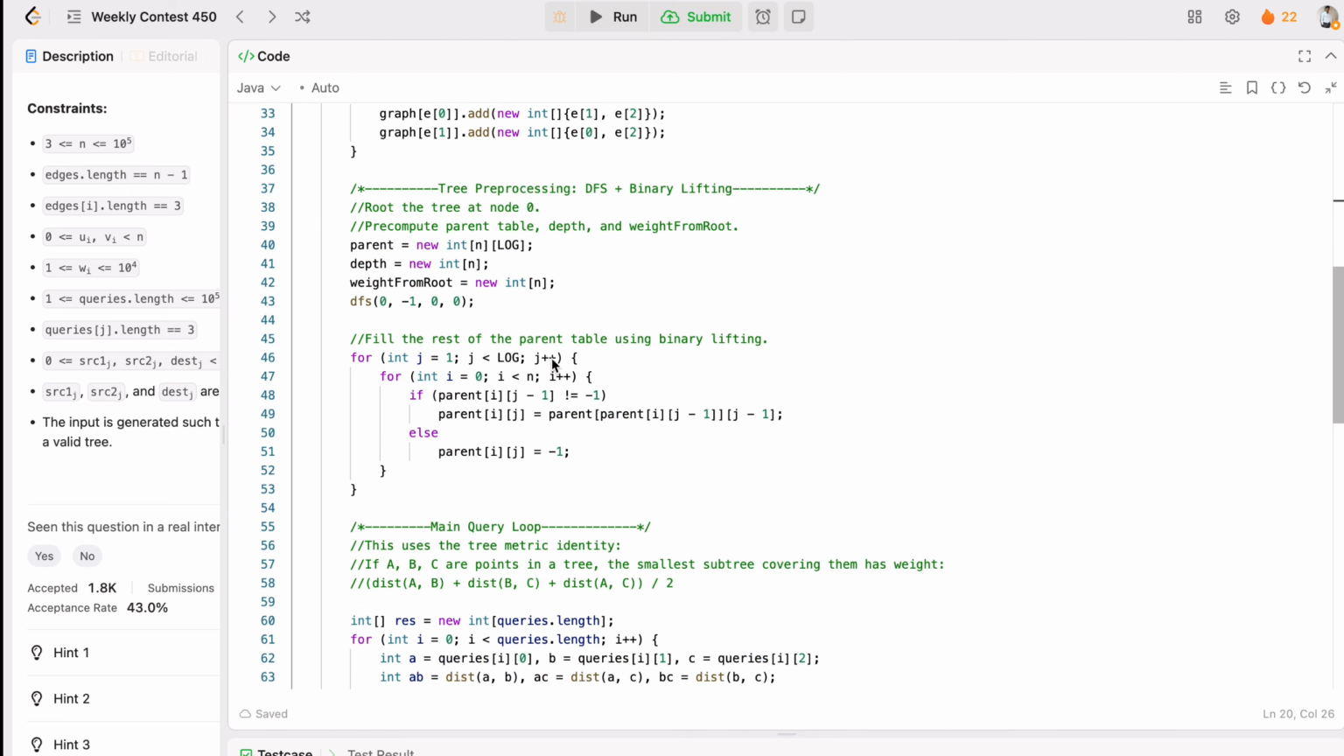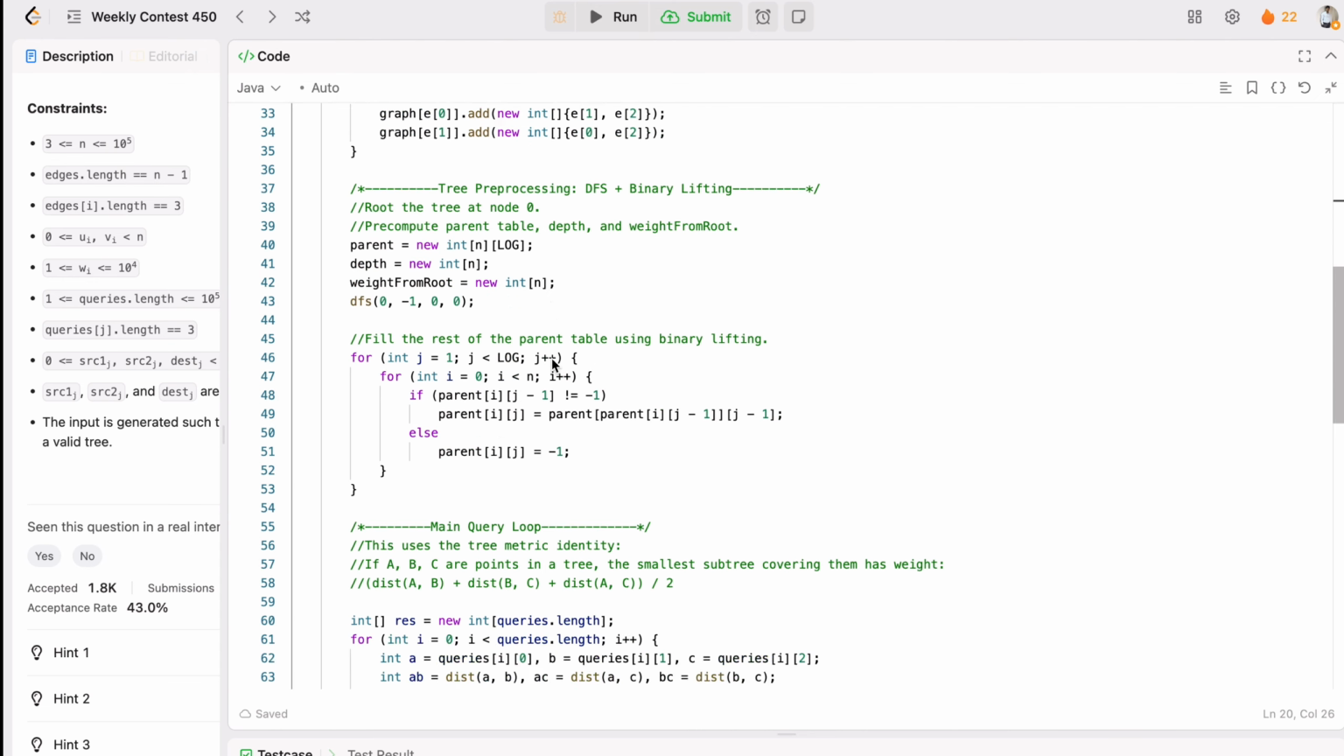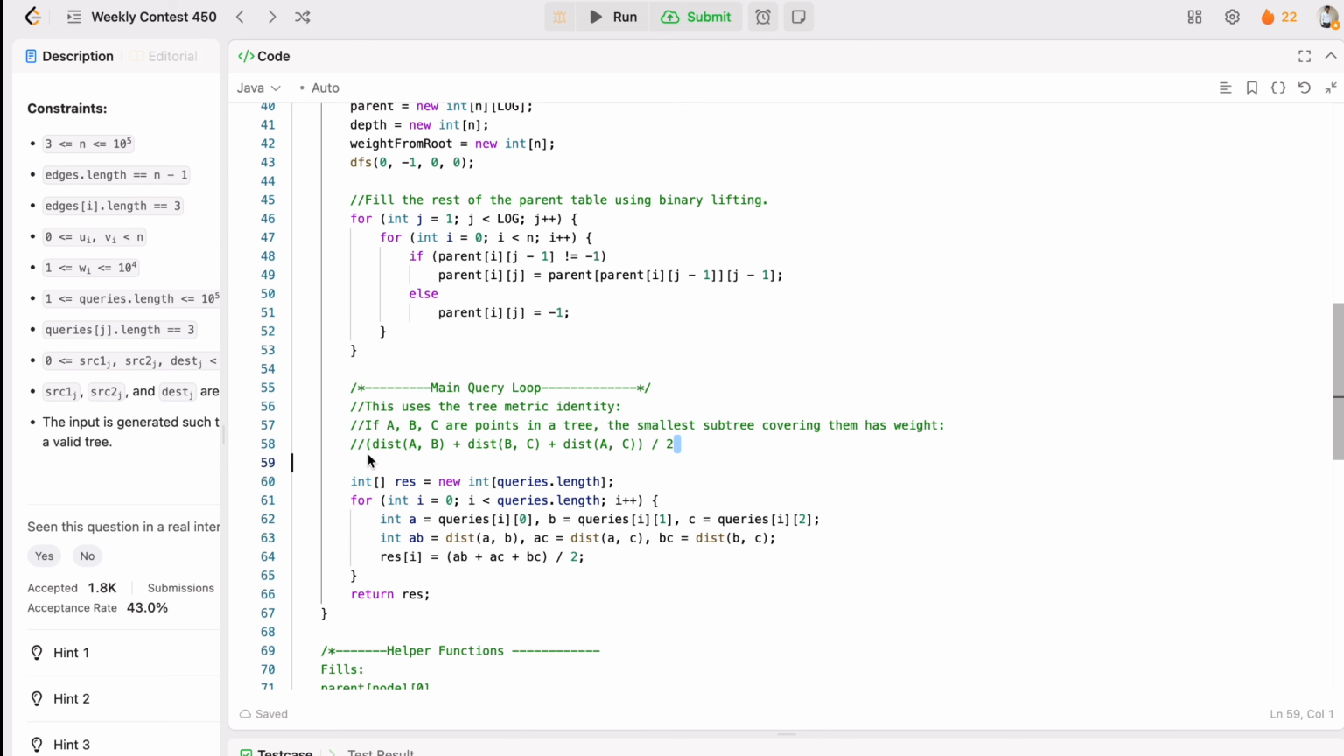What was the formula? As you remember, we have written it somewhere, give me 1 second. So this was our formula. We were using the tree metric identity to find it. In a tree, the minimal subtree containing three nodes A, B, C has a weight given by distances. How are we going to find the distance? We find the distance between AB, BC and AC,